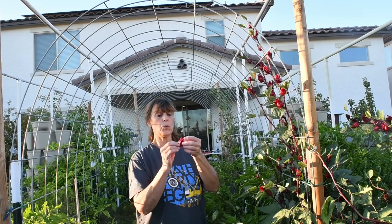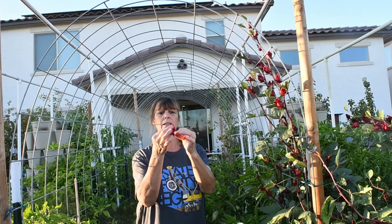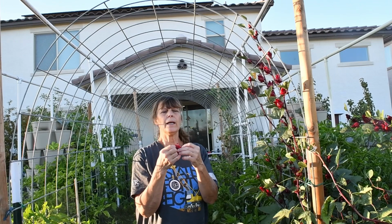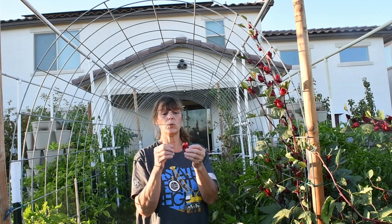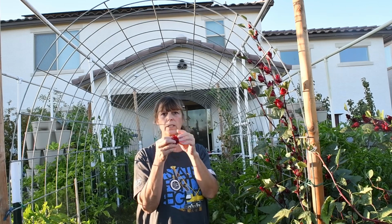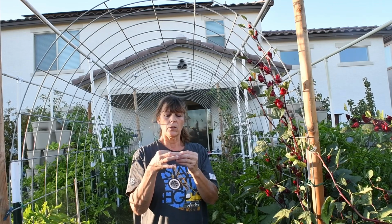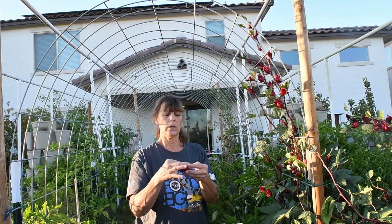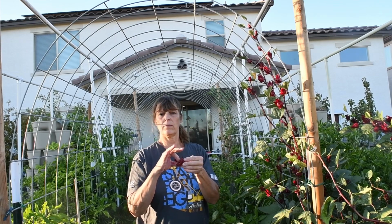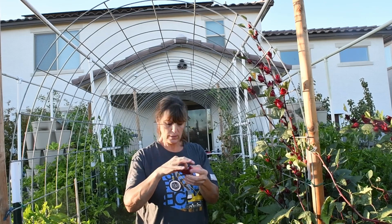So what you want to do is pick the Roselle kind of 10 days after it blooms, I believe. I used to watch, well I still do, Angela with Growing in the Garden, and she does a lot with the Roselle. So I learned from her that she said 10 days after its flowers, and then I just try to work this. Whoops,